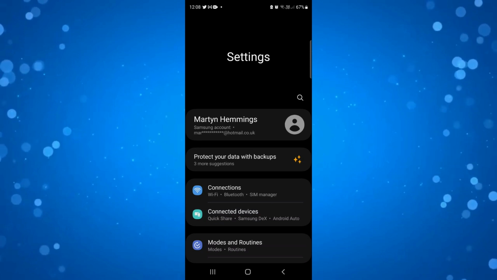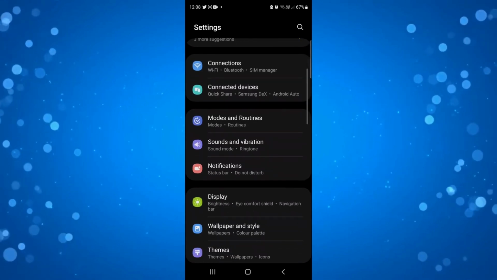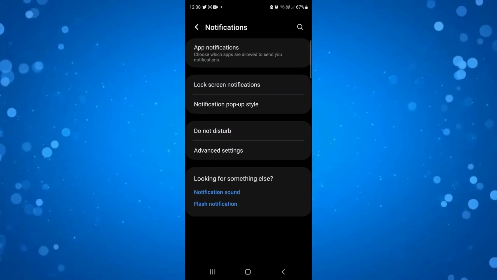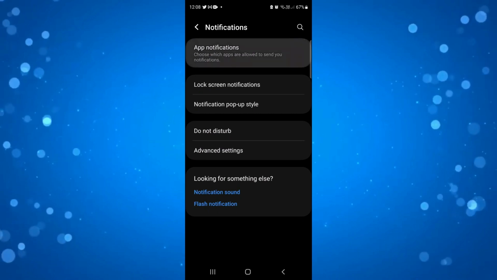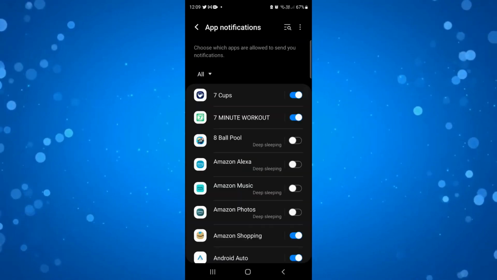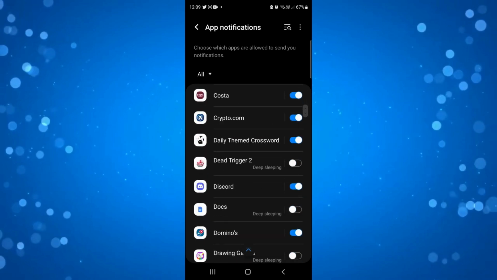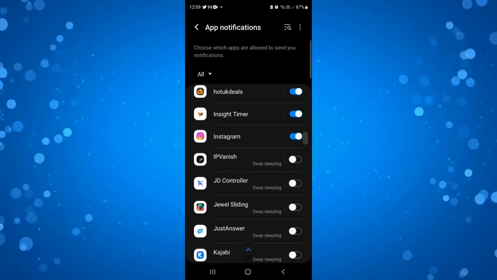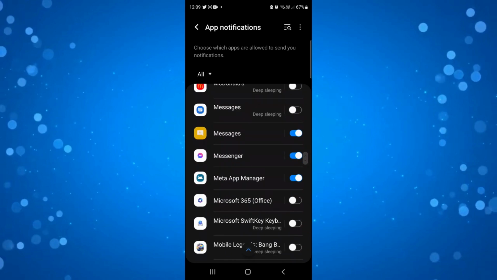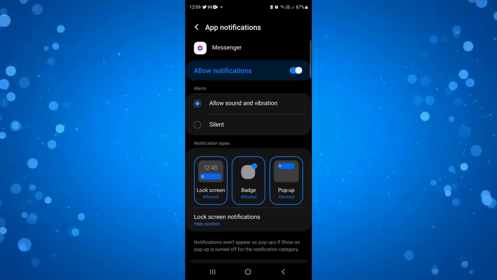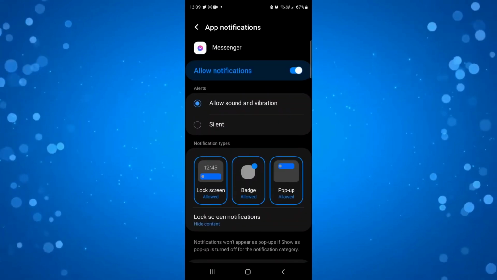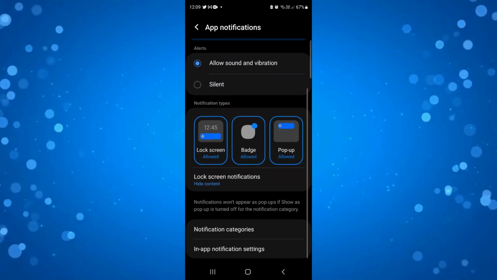Next, what you want to do is come down and find the notifications option, which is down here. Press onto that, and then press onto app notifications. From here, you're going to want to search for Messenger. So you're just going to scroll through your apps until you find Messenger, and then go ahead and press onto Messenger. Now, what you want to do is toggle this to allow notifications and make sure you've got the 3